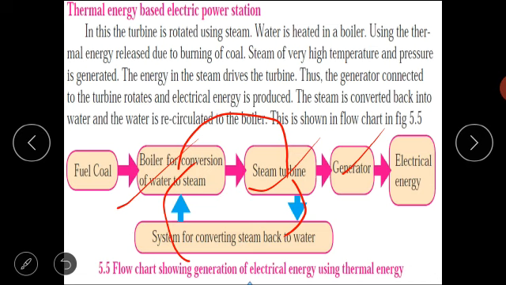In this way we can save water, and also we can produce steam. We can use the same water for producing steam again, because it is transferred back to the boiler. The only thing is, we have to use coal for generating heat energy, and when we burn the coal